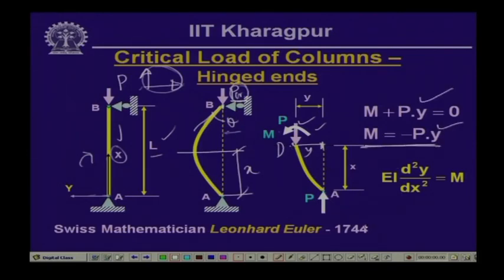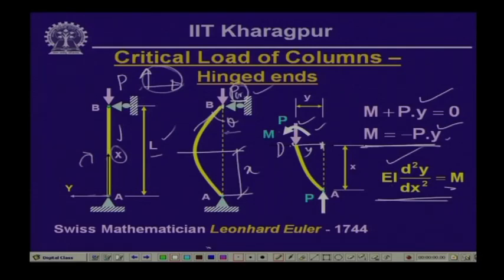P into y. Now, as we had seen, the flexural equation or the differential equation for evaluating the deflection of a beam member was EI d2y/dx2, which was equal to M, and M, the bending moment here, is equal to minus P y. Now, based on these aspects, we would like to derive the critical load for this particular member, and this